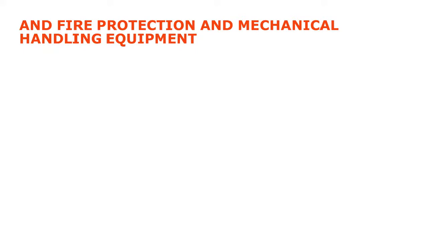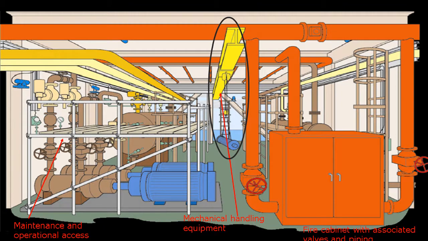So next we're on to fire protection and mechanical handling equipment. So the essential fire safety features are here. We've got a cabinet, some sprinklers and integrated piping. But as a mechanical engineer, something else you'll be involved with is the mechanical handling. Every item, valves, piping included, that requires maintenance, be it routine or during operation or anything at all, will require access, and ergonomic access at that. So here we've got some ladders on the right. We've got an unusual scaffold arrangement on the left, and as you can see, is likely poor ergonomic access. It's going to be a tough crouch job to get to some of those valves.